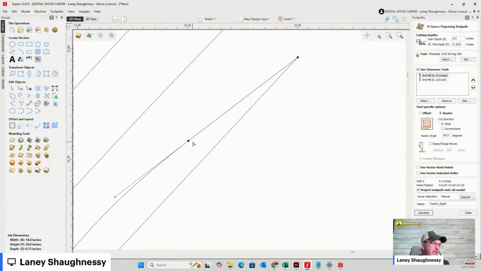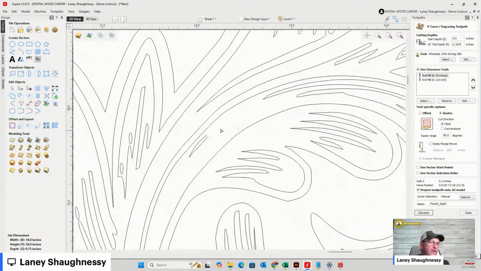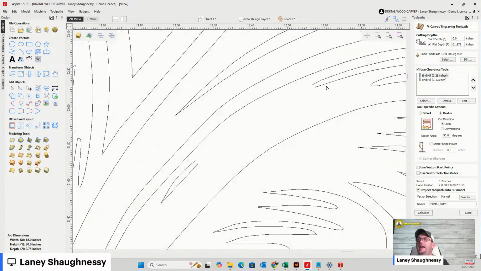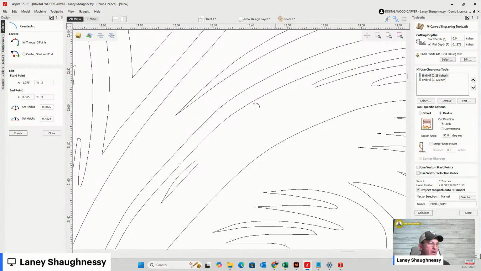Over here, we'll go into node editing, and I'm just going to pick a spot and cut the vector. I'll pick a spot over here, cut the vector, delete that point, come over here, pick a spot, cut the vector, another one over here, get rid of that point. And I have choices. I could join with a smooth curve to try to connect them together, but it's just as easy for me to come in and with the arc tool, click here and here, pull that up ever so slightly, come from here to here, pull that up ever so slightly,